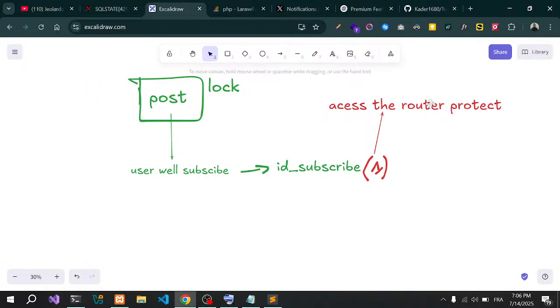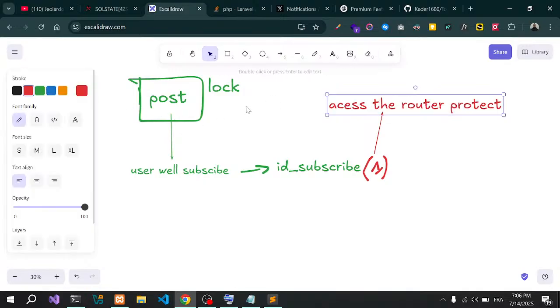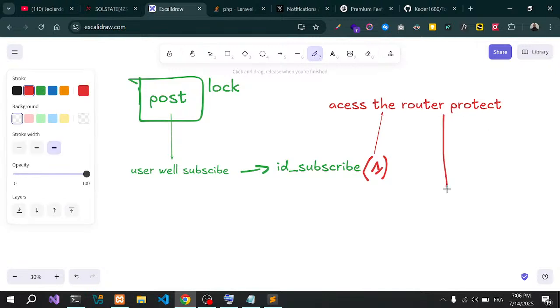And in this case, the route protector is the router,